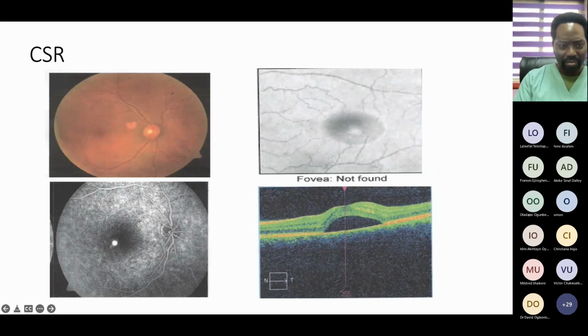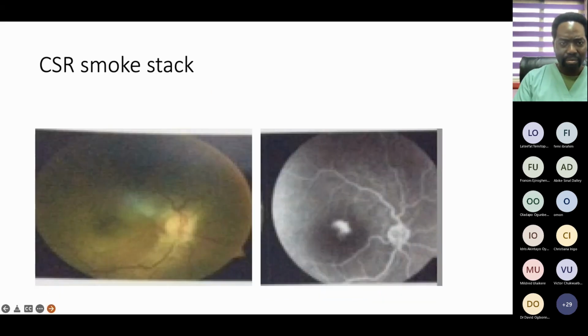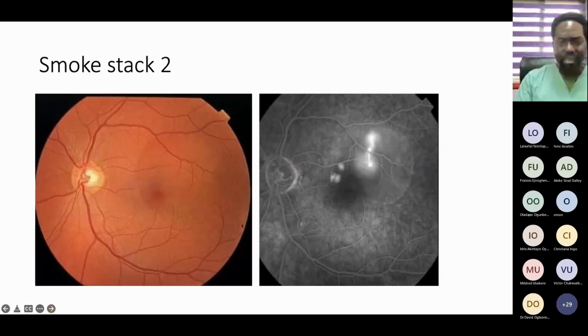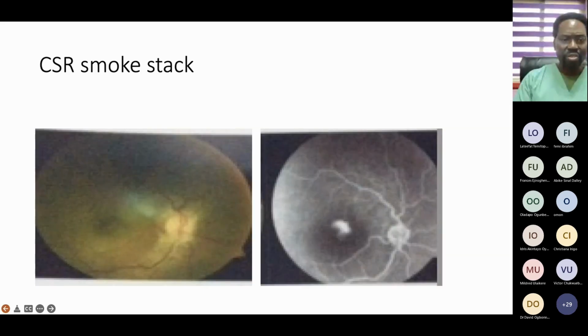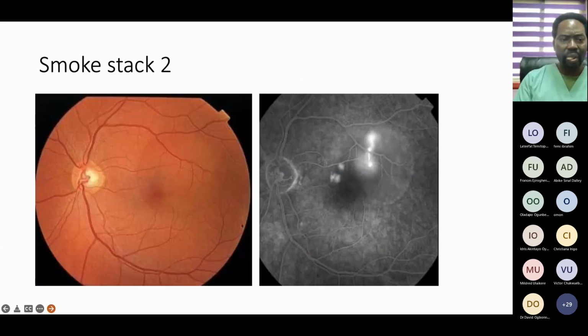And when you see the OCT, it confirms it. Also, this is a smokestack. It's better described as a smokestack. You can see the area on the image on your right. You can see the area of central serous retinopathy, and you can see it is in the smokestack. So the presentation can be an ink blot here or a smokestack here, and both of them do happen